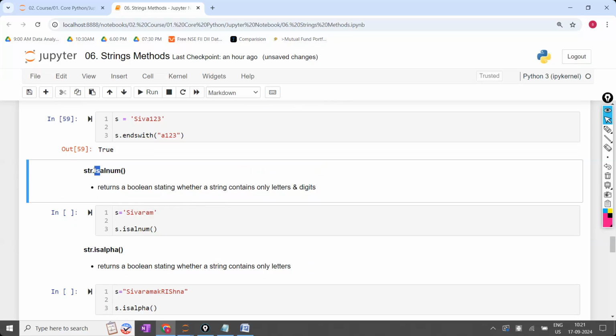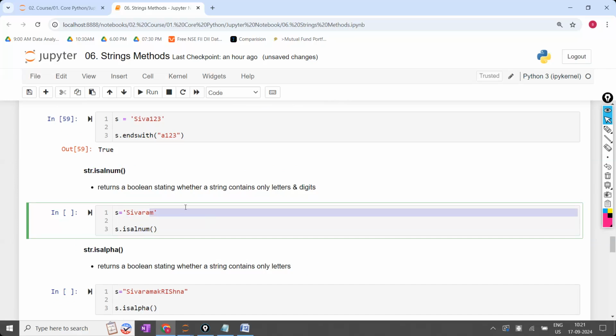"Is" means a question, and the output is either true or false. Now, S is equal to Sivaram. In this, only alphabets and numerics are there. Any other special characters? Tell me first how many characters there are in total. 7 characters. Out of 7, how many are English characters, alphabets, and how many are numeric? 7 of them are English characters, 0 are numeric. Any special characters? No. Since it has only text and numeric data, it is called